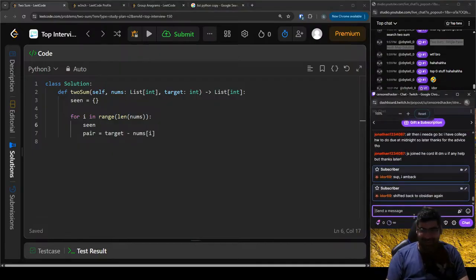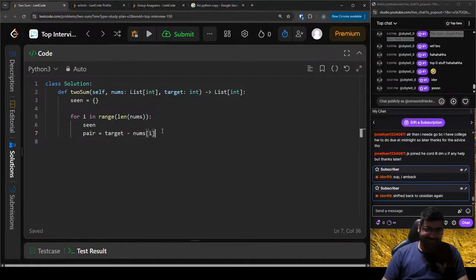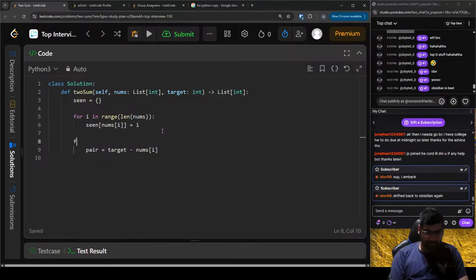Seen[nums[i]] is equal to index, whatever is the index i. For